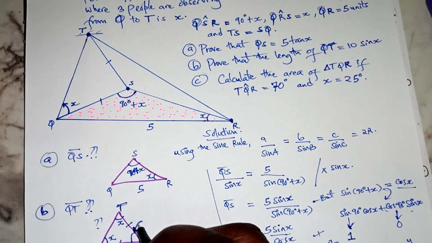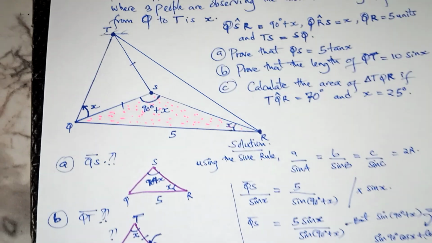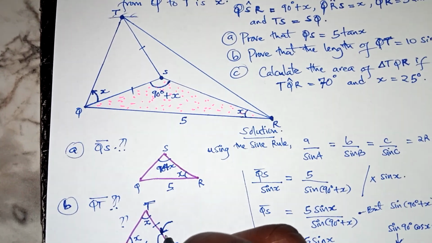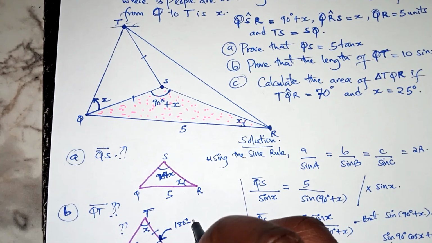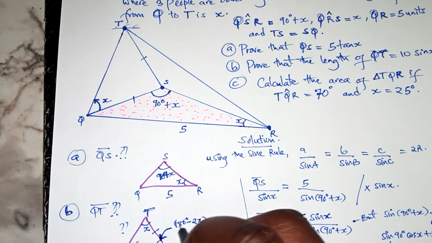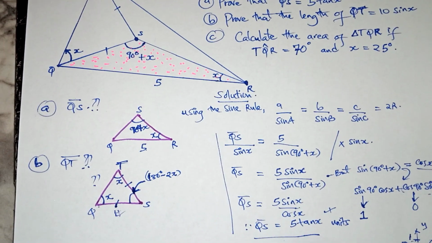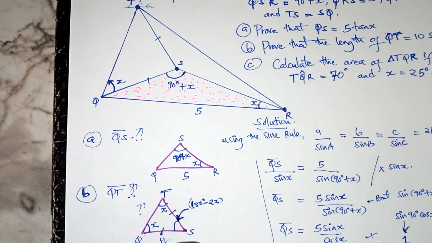I was thinking of something better, but let's go with the sine rule still. It's also simple. This angle will be 180 degrees minus the sum of these two, which is 2x. That is that angle, okay? Yeah, let's go with that one. Therefore, using the sine rule still,